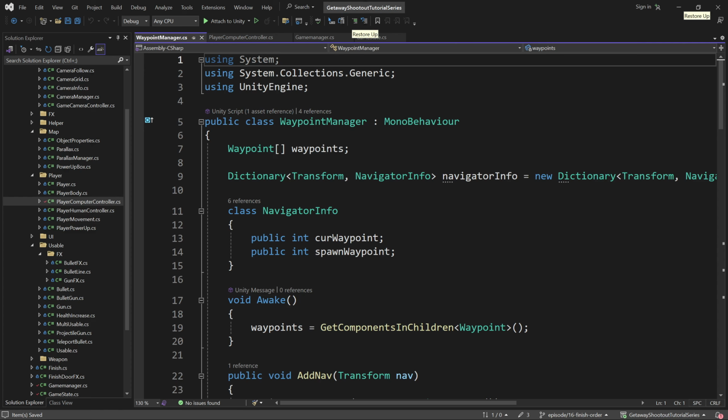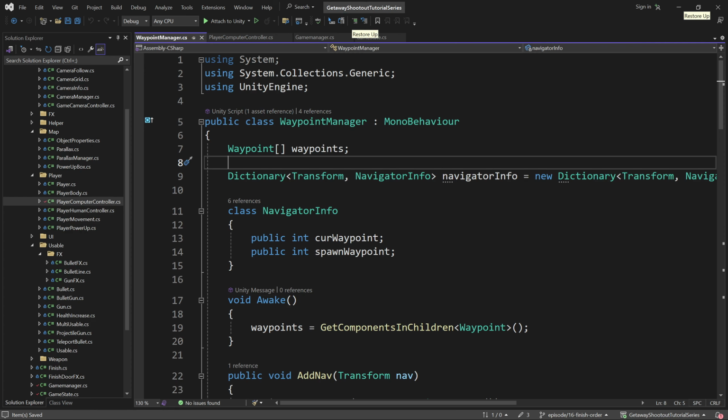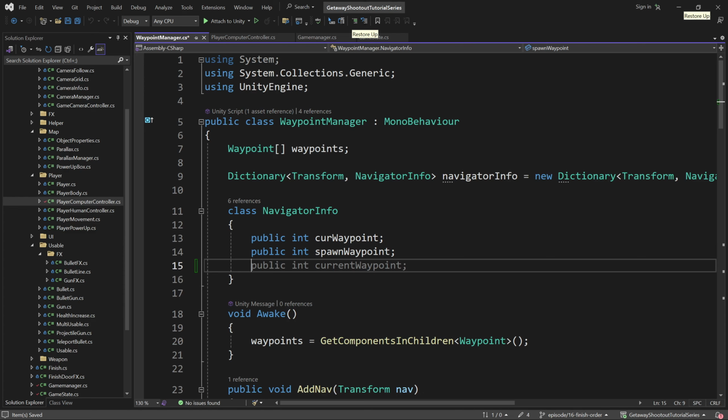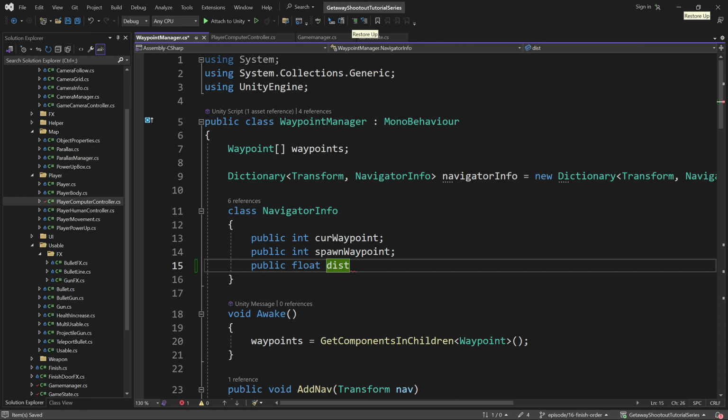And this will actually be useful if you implement the top nav bar showing each player's position as they progress to the map, like in the original game. So yeah, it'll turn out useful. Okay, the first thing I'll do is create a float on this navigator info, and I'll call this distance to finish. And this will just be updated every frame on how close that player is to the finish. And the way I'm going to do this